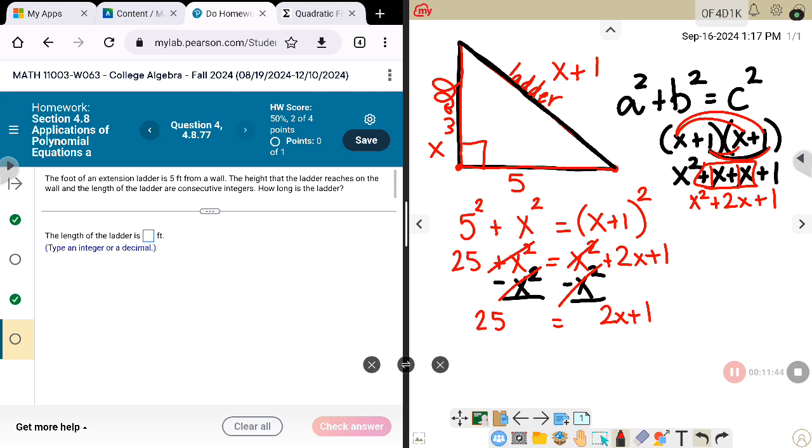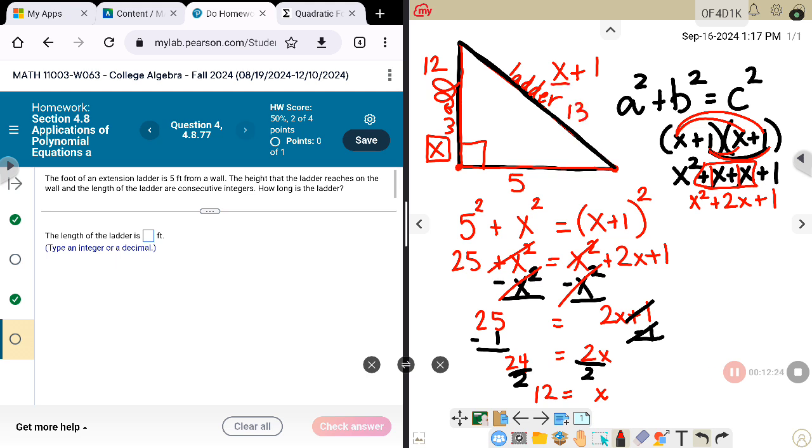I need to get x by itself. So I'm going to subtract 1 from both sides. Now I've got 2x equals 24. And then divide by 2. So now I have x equals 12. Let's see how that relates to our problem. Which side of this drawing is the x? It's the wall side. So that is 12, which means the ladder side is going to be 12 plus 1,